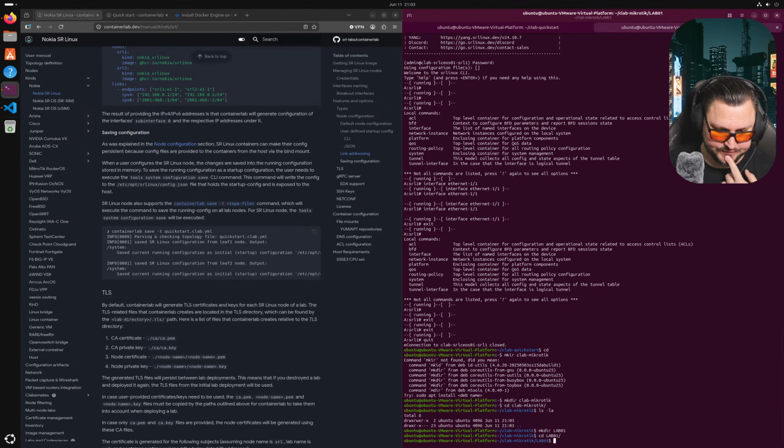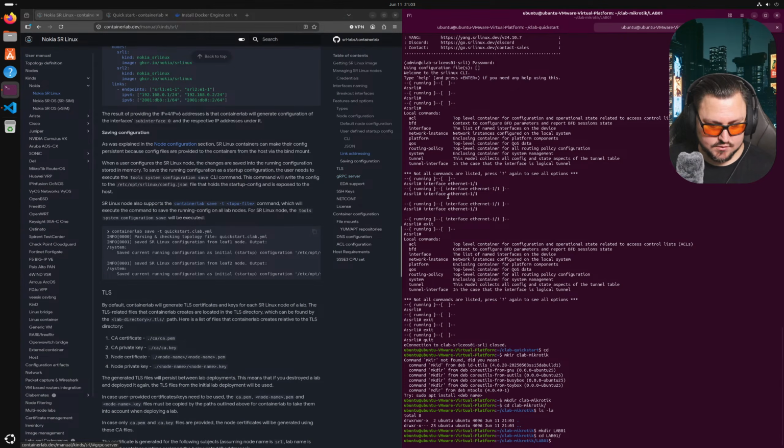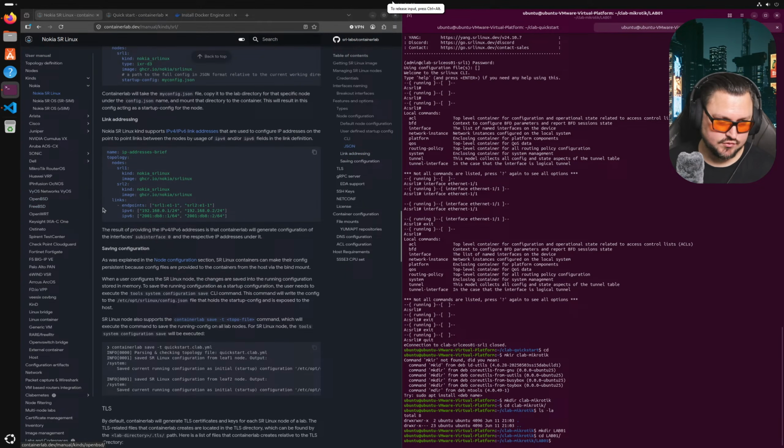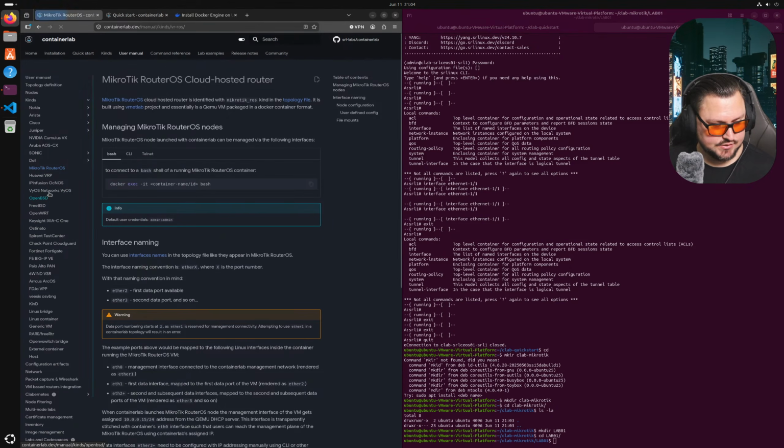There's obviously no files in there yet, but what we could do is, let's just destroy this lab with the Nokia stuff, because I'm going to bring up some Mikrotiks, and I might build a VM, but let's just use the container ones first, so you can kind of see what I'm getting at as well. So it's actually quite straightforward to do the not Junipers, the Mikrotiks. So let's find the Mikrotik kind. It's RouterOS,